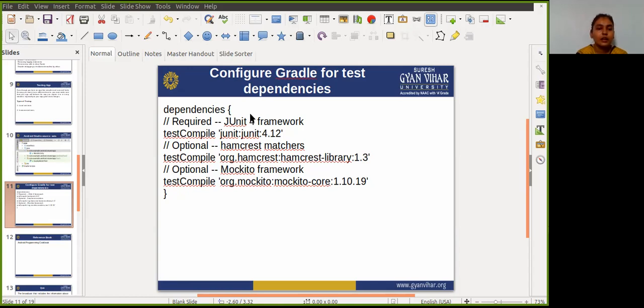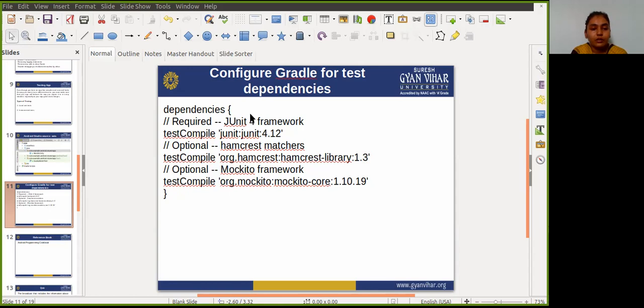These source sets correspond to folders in the src directory for your project. For example, the files for the test source set are located in src/test/java.